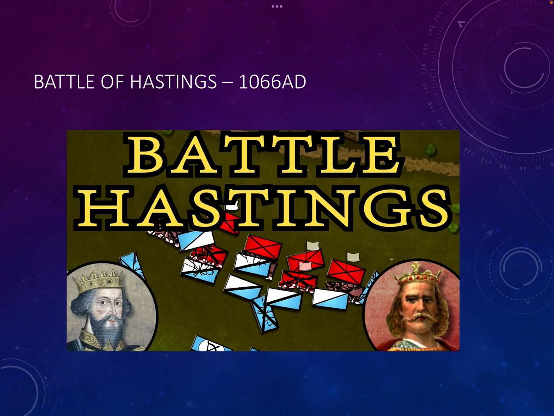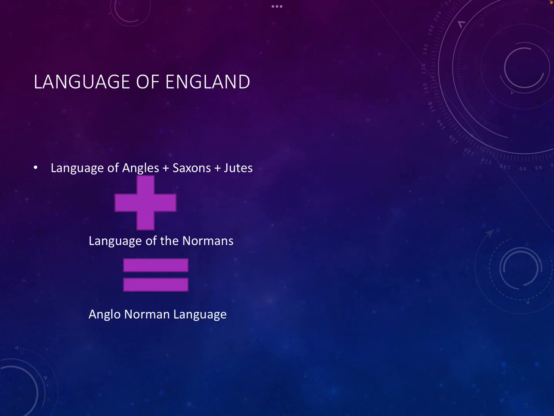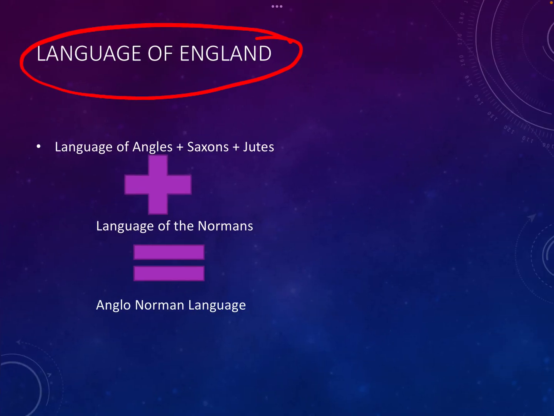Now, see, this is the Battle of Hastings between William the Conqueror and Harold the Second. I have also told you the reason why the Battle of Hastings took place, and this is sometimes also known as the Norman Conquest. This date is very, very significant. Keep that in mind. Now, before I focus on the language of England, to conclude the historical part, I would say that when these